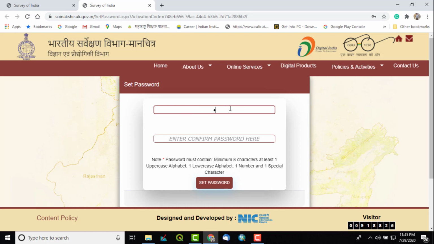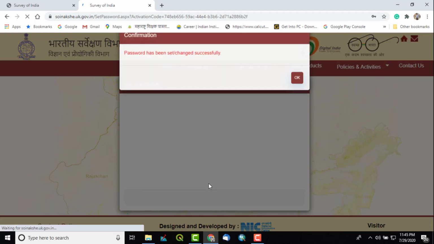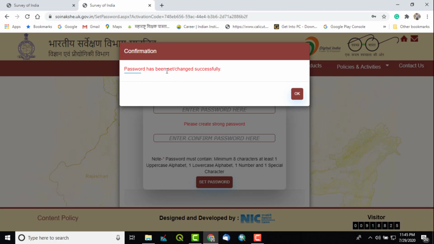Suppose I am setting a password which matches the requirements, and I will click on set password. It has given me the message that the password was set successfully. So say OK.